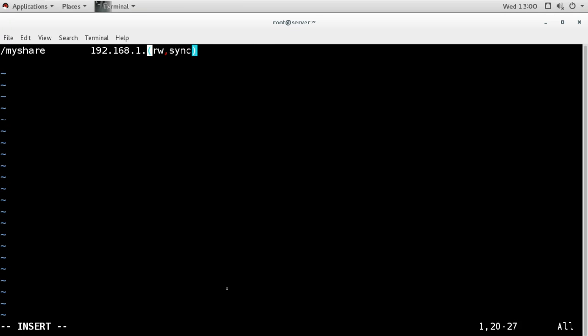Now this time I will mention particular IPs which I want to allow to access. So for example, I want to allow access only for 14, and I will give read write permission to 14, or I will give read only. Then for my share, I am giving access for 18, and for 18 I am giving read write access.